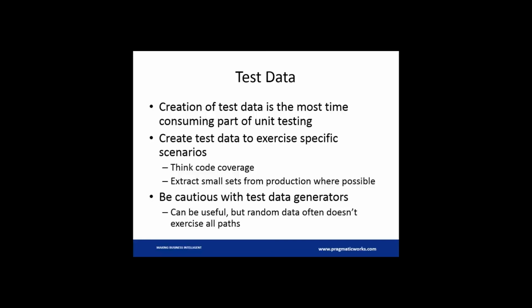We need one that's going to hit one side of the conditional split and one that's going to hit the other side of it. If we've got lookups, we may want to test both that a lookup is successful and also what happens if the lookup doesn't find a match in the table that it's looking up from. That's where random test generators don't often let you specify those types of scenarios for the test data that's created. In most cases, I found it's more effective to actually just create the data specifically for the scenarios that